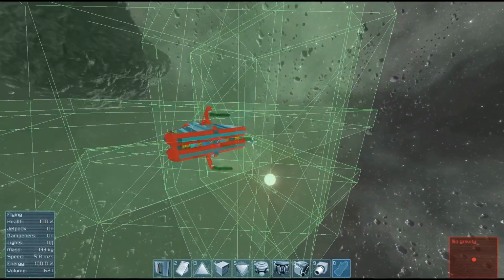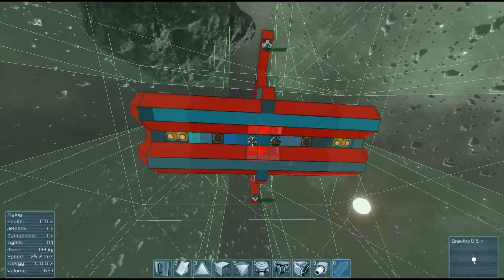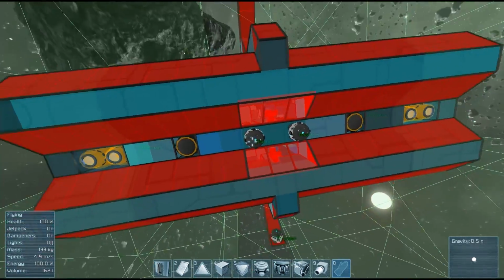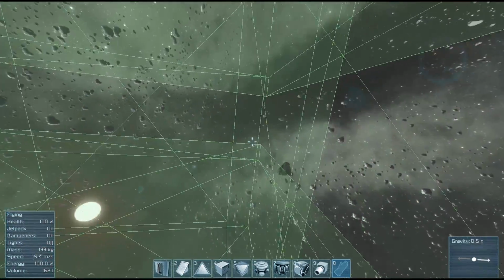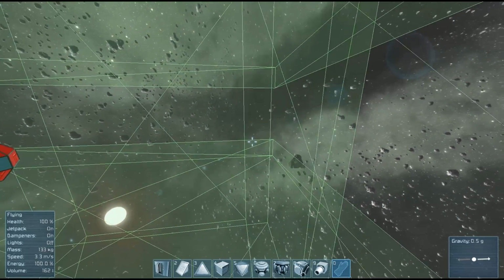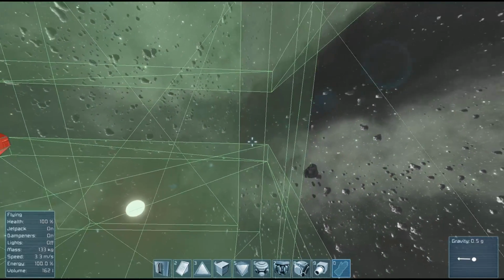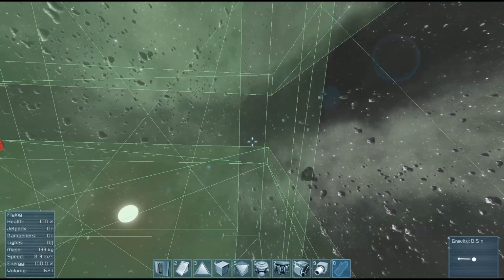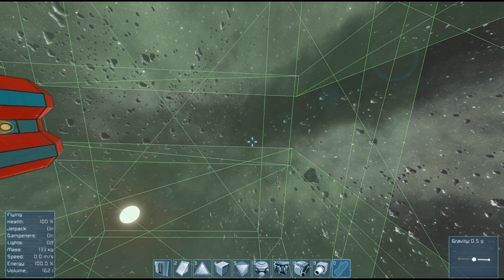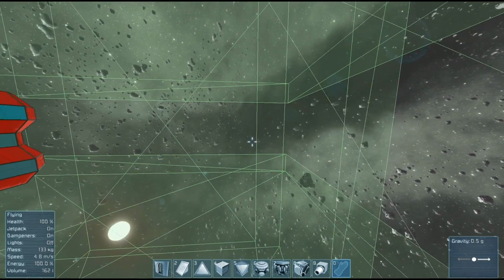The basic gist of it is I have two gravity generators right here on the front, this one and that one, and one of them is pushing away and one of them is pulling towards, and the one that is pulling towards has a slightly farther reach than the one that's pushing away. So this pushing away one is set to a power of 1, whereas this pulling towards one is only at 0.5. If you look at our gravity here, the one that's pushing away, half of its power is being eaten away by the one that's pulling it back towards the station, giving this a power of 0.5 gravities,